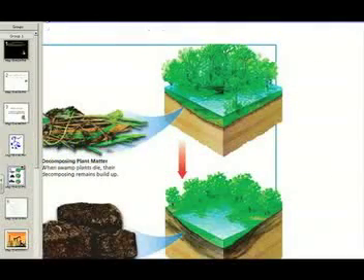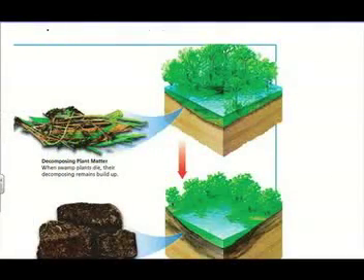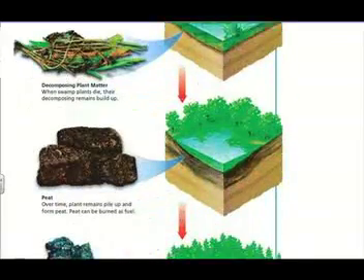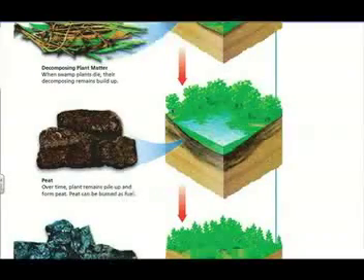Okay, so let's take a look at this chart, and we see that we have decomposing plant matter. So when plants die, we talked about this earlier in the fall, at the beginning of the school year, how things decompose, how you have those decomposers, those worms that eat it up, and then they poop it out, and then you have dirt. We talked about all those things. So the plant matter decomposes, and then over time you have something called peat. That plant remains piles up to form this peat, and that can be used as a type of fuel.